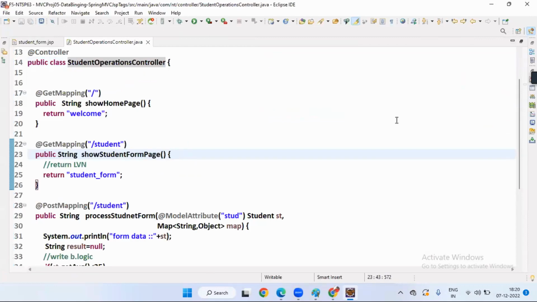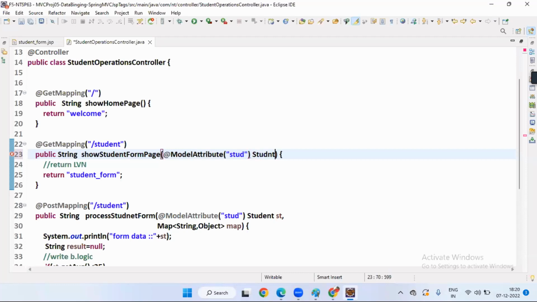Is it having any model attribute, guys? Respond, boss, my dear. Is it having any model attribute? No. When it is not having a model attribute, how can it read the data from the model class object? How can it display model class property values as initial values, boss? Impossible or not? Super. So that's why here you create a model attribute. Model attribute stud, guys,